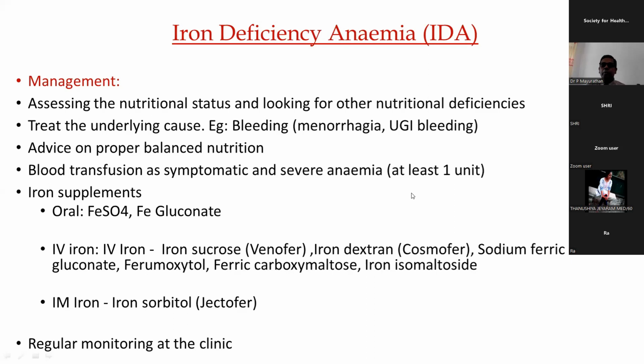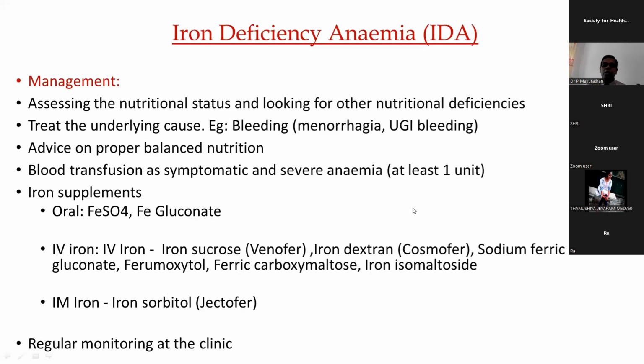Sometimes with poor compliance, the patient's hemoglobin may not pick up, or sometimes patients stop the iron treatment in the middle and just go on with the mild anemia for a longer period of time. Then later on they might come with a heart failure. So if patient compliance is correct but you couldn't achieve your expected hemoglobin rise, then you may have to think about other possibilities, like ongoing blood loss. So you have to keep them monitored